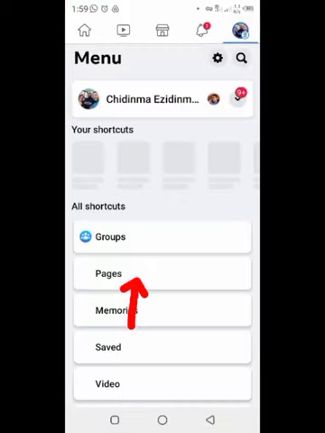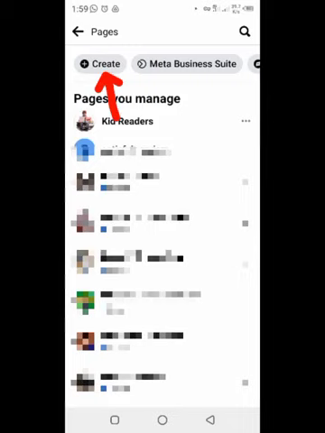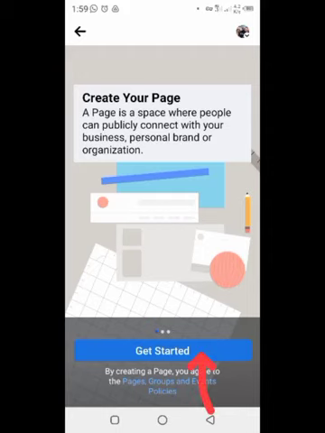When you go to your Facebook, you go to this place and go to your pages. Then here you go to create pages, that is up here, create. You click on it, and you say get started. When it opens,